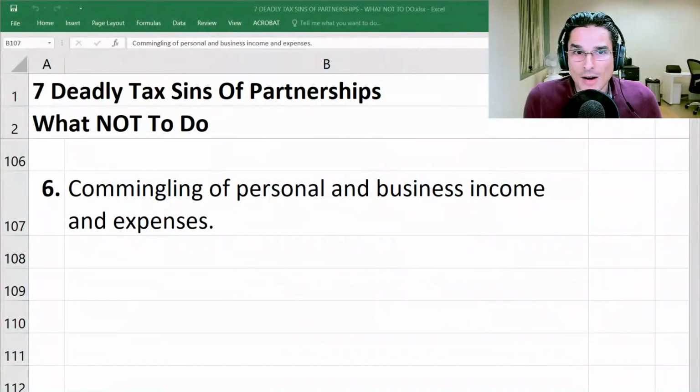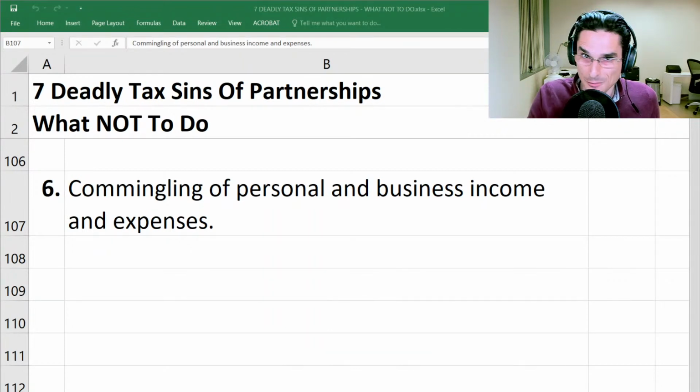You can't commingle this stuff because it's going to increase your accounting fees. It's going to increase your tax compliance costs because as tax preparers, we don't like to sit there and spend time trying to figure out what's personal, what's business on each expense line item. You're going to get billed for it. So if you have it tight from the beginning, if you have everything separated and clear and clean, then you are going to be looking good in terms of filing your partnership and personal return. But if everything's a hodgepodge, then first of all, expect to go on extension. Second of all, expect your tax compliance costs to increase along with your accounting and bookkeeping fees. And third,